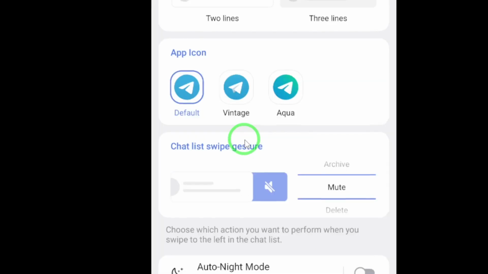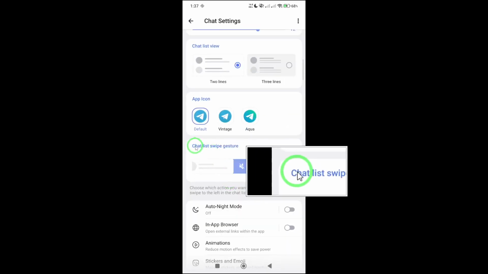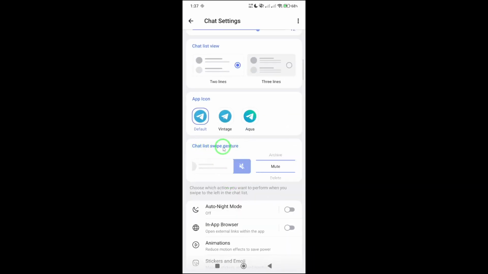Next, scroll down until you find the option called Chat List Swipe Gesture. This setting controls what happens when you swipe left on a chat in your chat list. Tap on it, and you'll see several options available. To make pinning faster and more convenient, simply choose Pin. And that's it. Now, whenever you swipe left on any chat, it will instantly be pinned to the top of